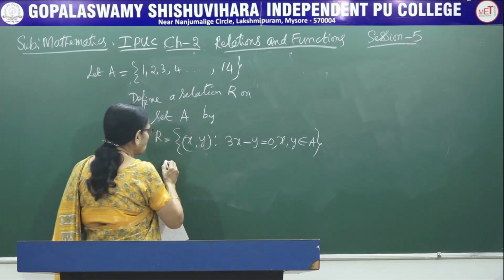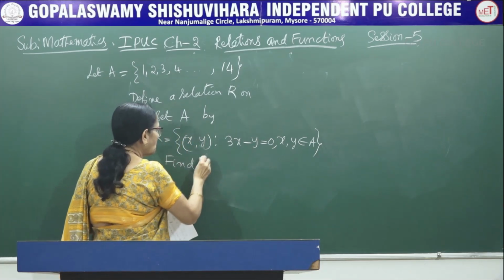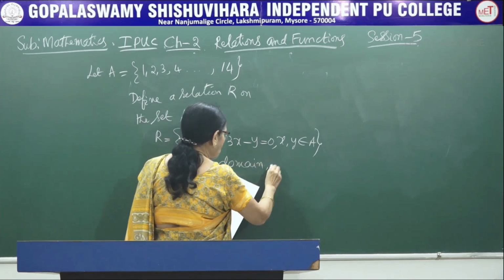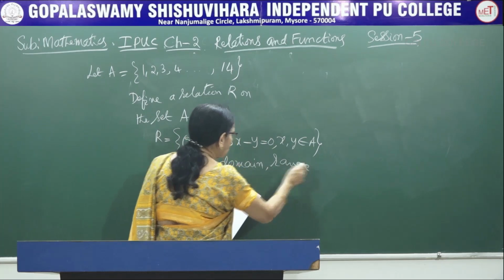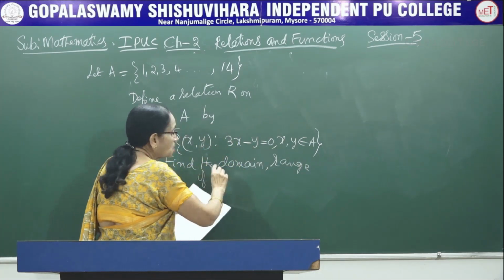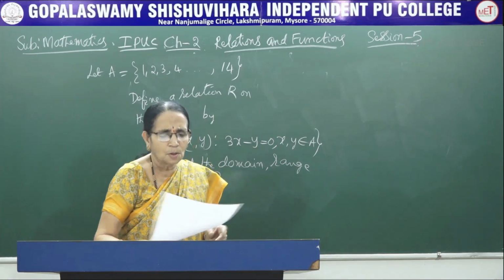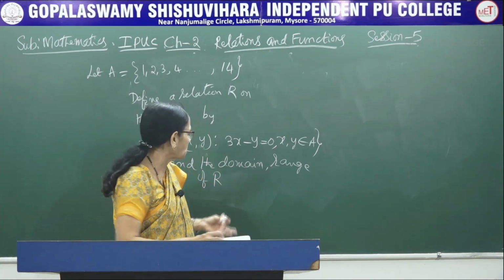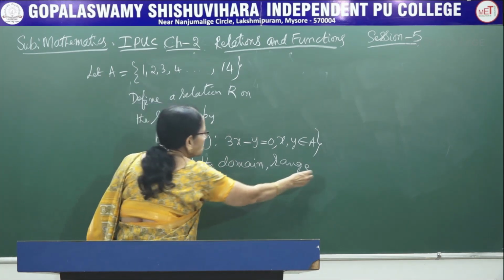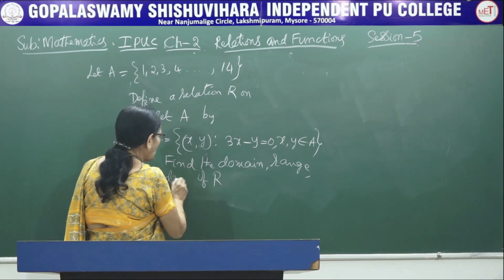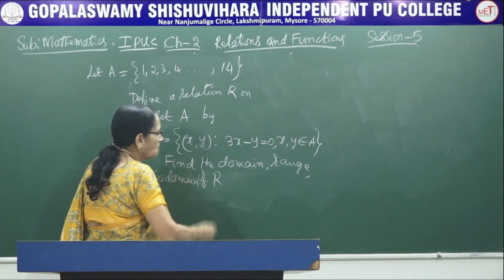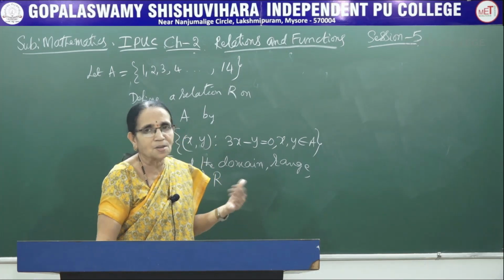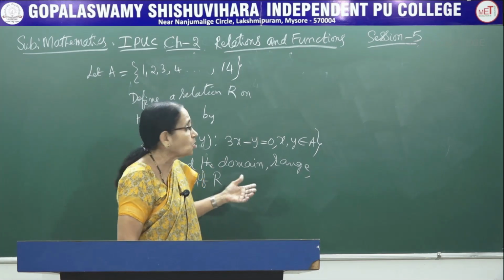What you have to calculate is, find the domain and range of R. They have not asked you to write the codomain here. Whatever they have asked, only write the same thing. If you are asked to write that also, find the domain, range, codomain also. Generally they ask you the domain and the range, because there is nothing to calculate for codomain. The second set automatically becomes the codomain here.